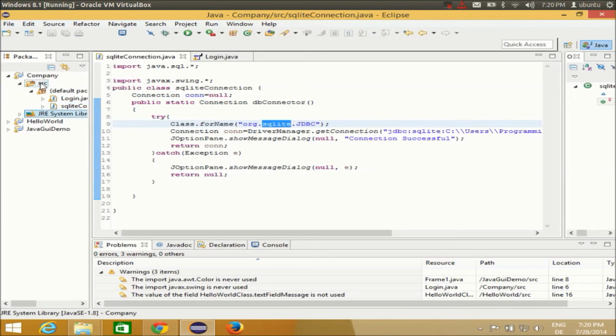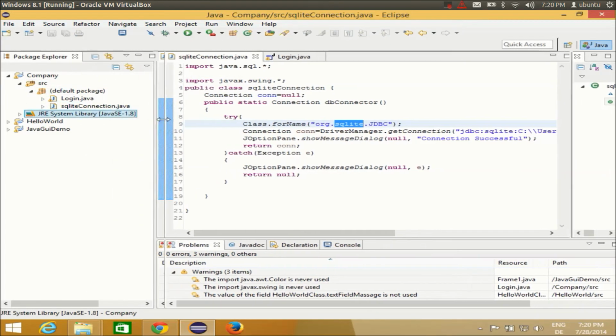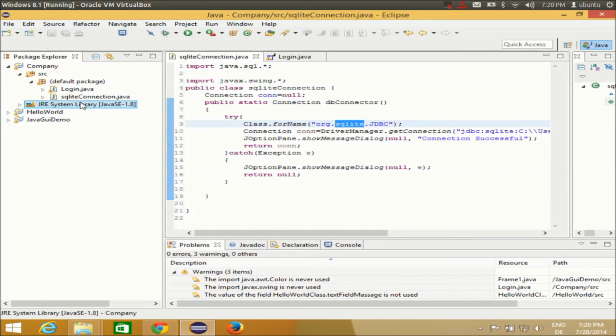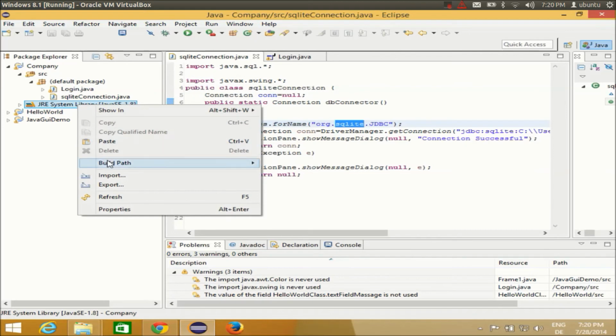Go to your project here, and you will have this JRE system library automatically created by Eclipse for you in your project. Search for this JRE system library, right click it and go to build path, and in